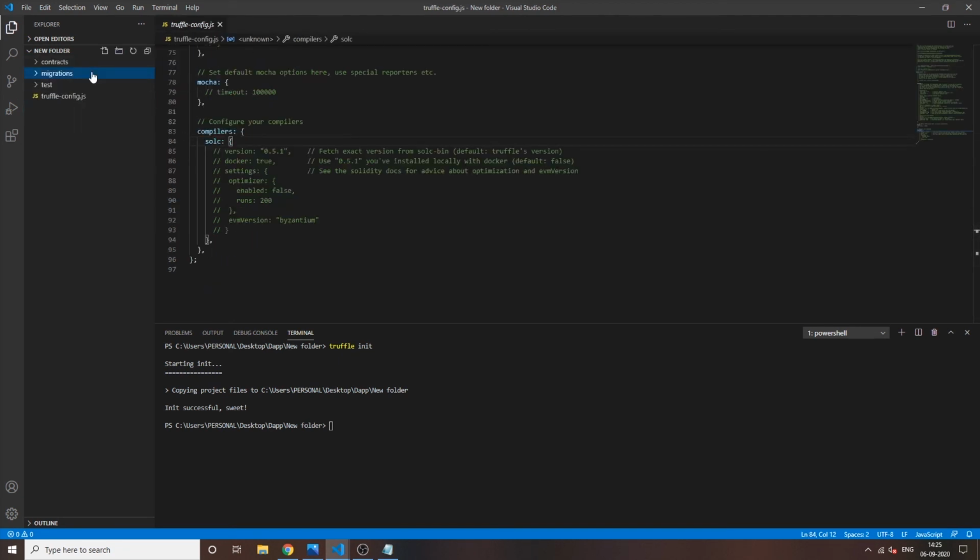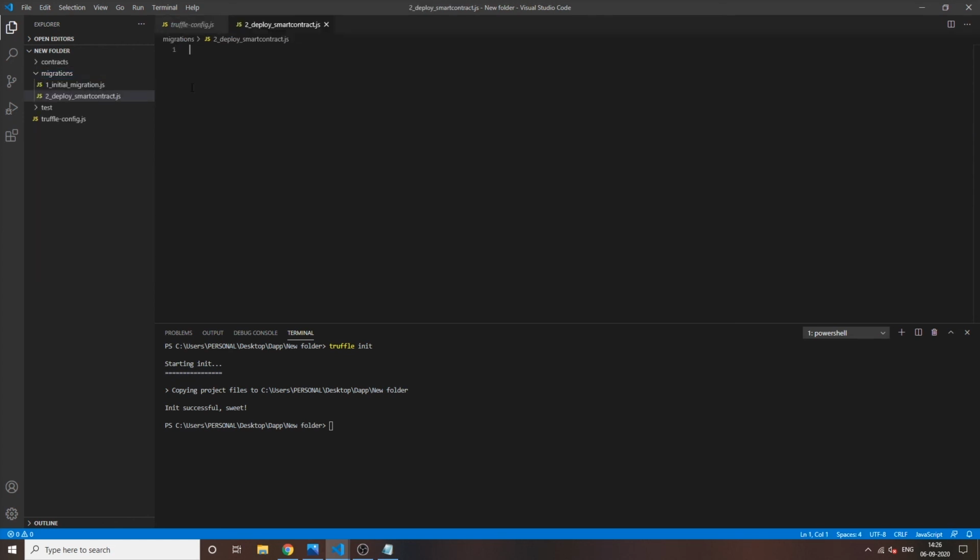Now we will create its migration file so that we can deploy it to Ganache. We will call it deploy smart contract.js.